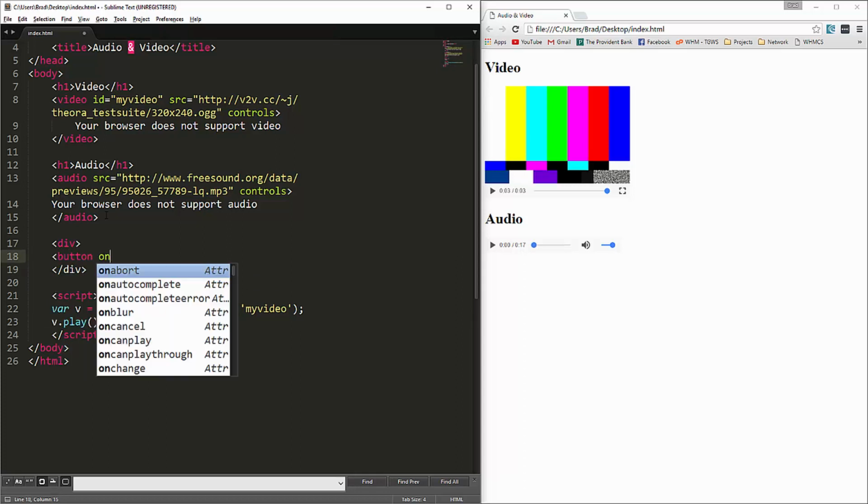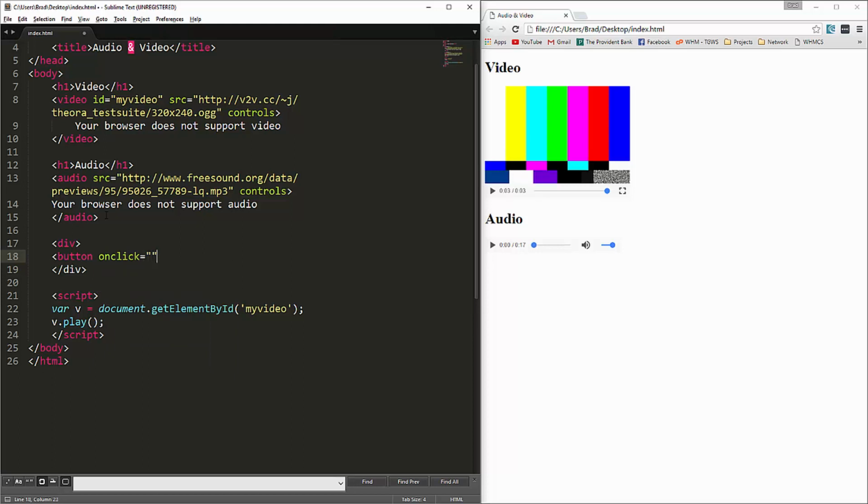So let's say button, and we're going to give it an onclick attribute, and then we'll say document.getElementById, and let's give the audio an ID as well. We'll just say myAudio, and let's say .play